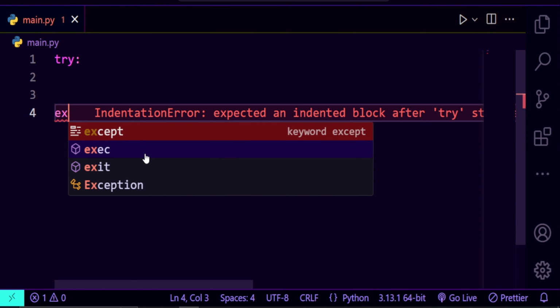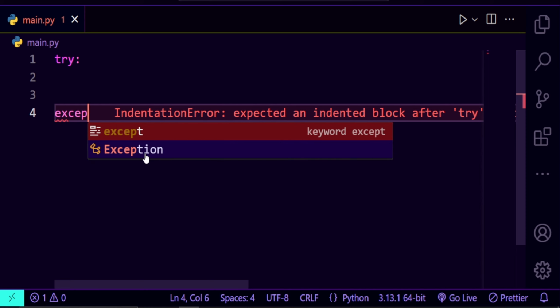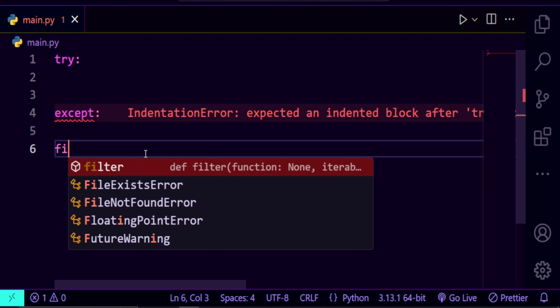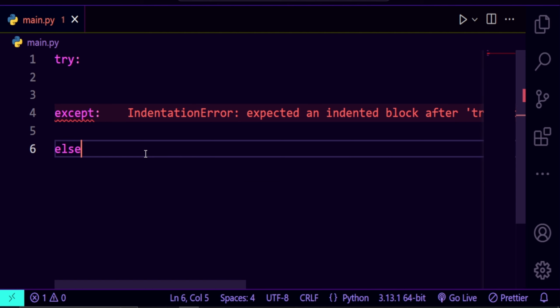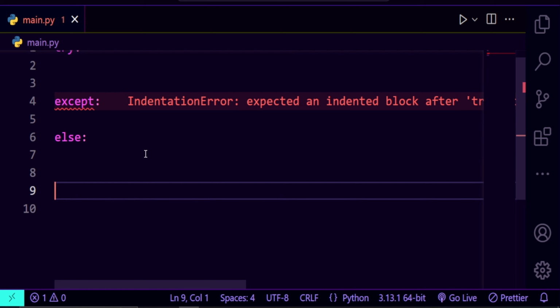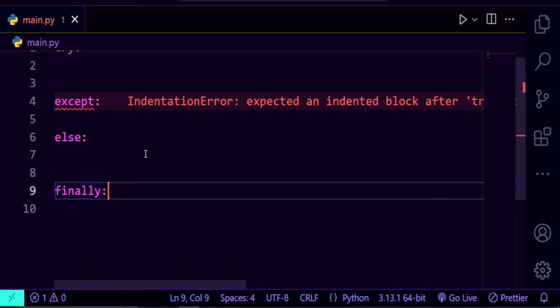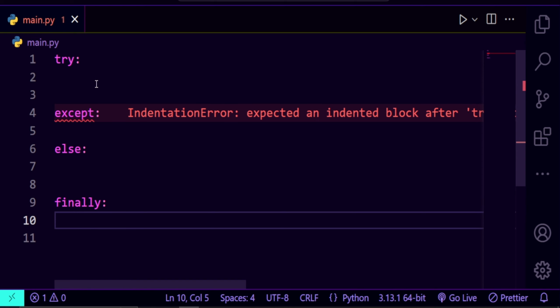Okay, now I have finally and else. I have four things: try, except, else, and finally. Now I want to create one file named